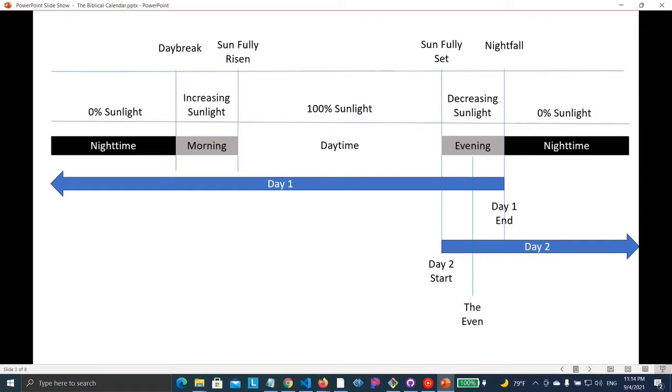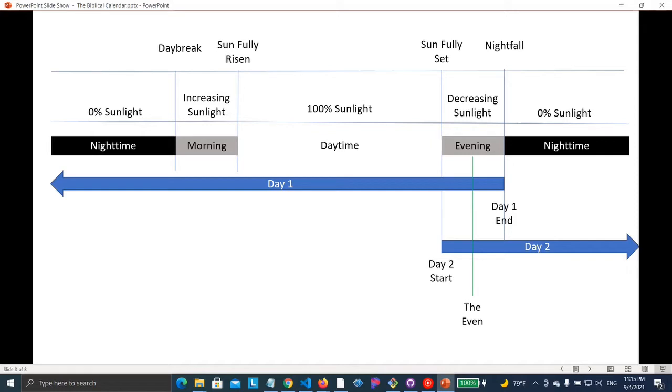Day 2 is the same thing. The next day, although it technically begins at the evening, you can't really say when that is. So at sunset, it's considered a start, and it will go on to the next day. So from sunset forward, until you hit nightfall time, there's this transition period,